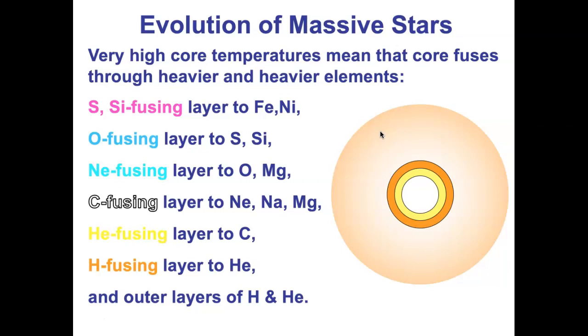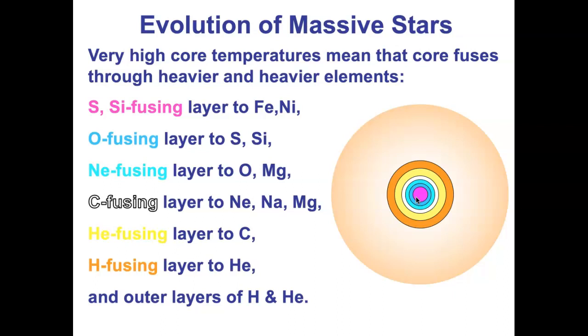And then once the carbon runs out, that carbon has fused into neon. The neon core shrinks down and heats up even more until the neon becomes so hot that it's able to fuse into stuff like oxygen and magnesium. Once the core has converted to being completely oxygen, the oxygen core shrinks down and heats up until the oxygen is able to fuse into silicon and sulfur. And then once the core has become completely silicon and sulfur, the silicon and the sulfur start slamming into each other to fuse